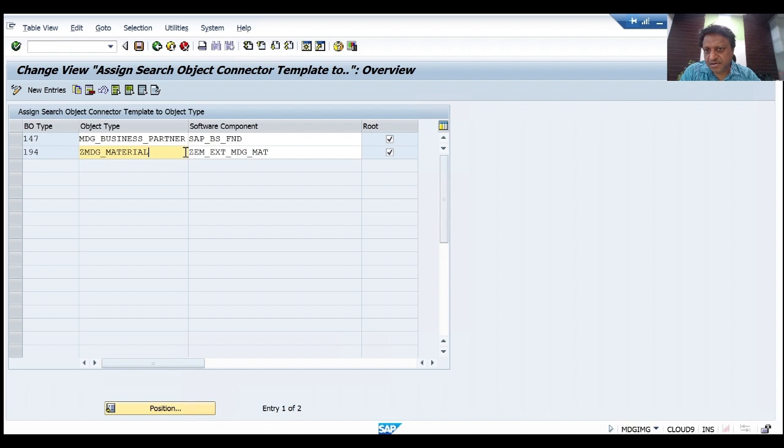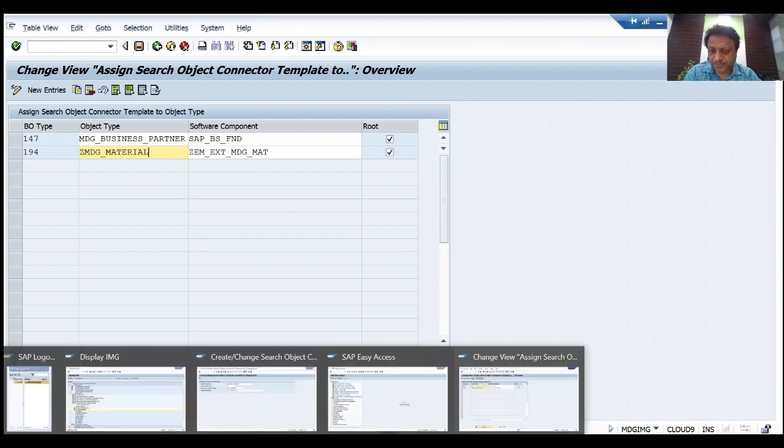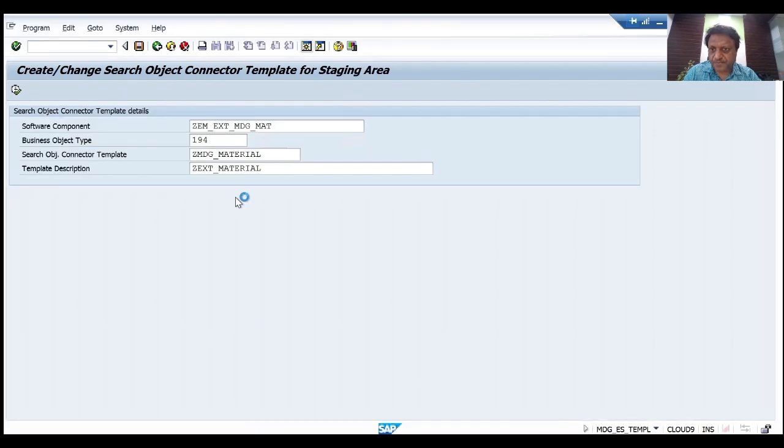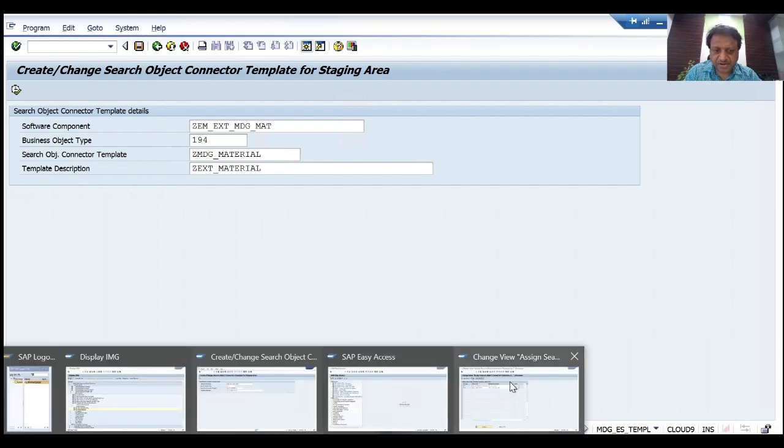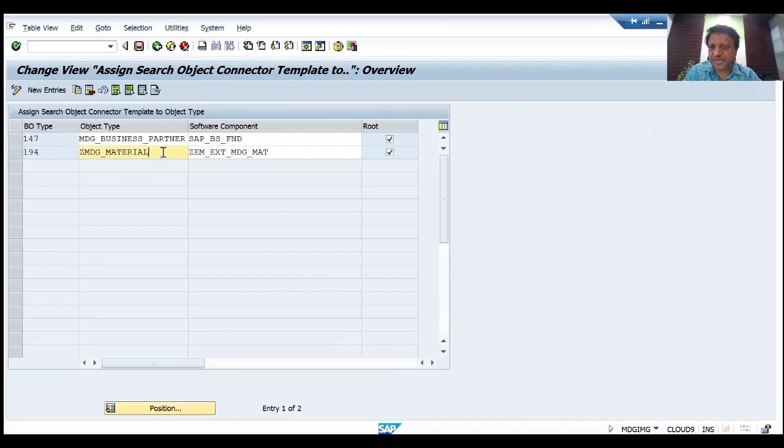Then the standard object type MDG material connector has to be deleted. So we need to delete all the corresponding connectors and create our own connector using the steps that we have seen. So here we built the MDG_material connector, and in a subsequent step we will then do the